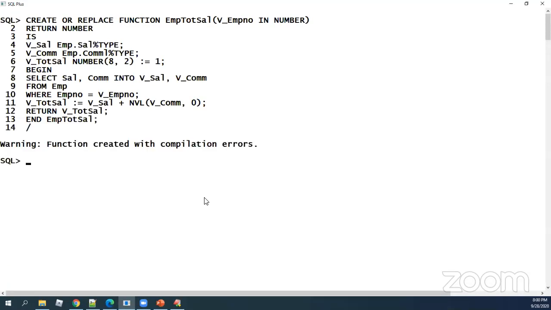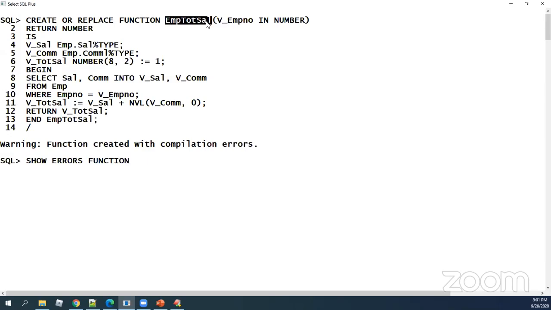Now, we already know that whenever we are working with any subprogram, they get created even if compilation errors exist. Don't forget that. So just to make you recollect, if I want to see my errors, I'll say what? Show errors. And then it is better we say the function name.